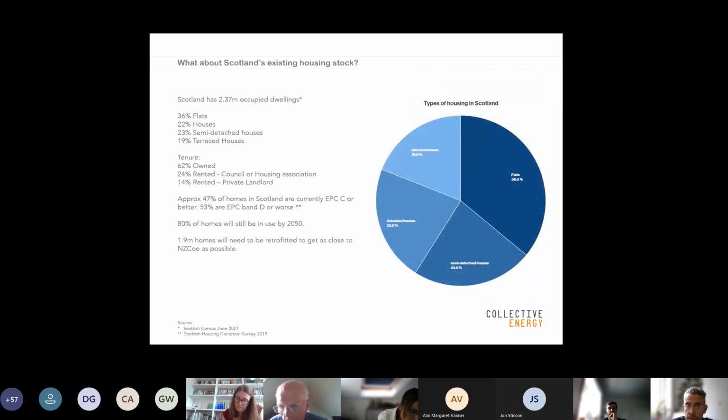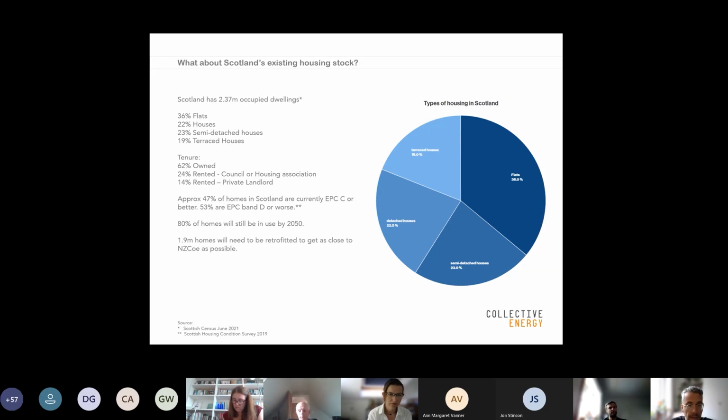So what about Scotland's existing housing stock? At the moment, Scotland has somewhere in the region of 2.4 million occupied dwellings. 36% of those are flats, 22% houses, 23% semi-detached houses, and 9% terraced houses. All that is a mixture of tenure, with the bulk sitting in privately owned properties, and then council and housing association forming nearly a quarter of all of those homes, and 14% rented private